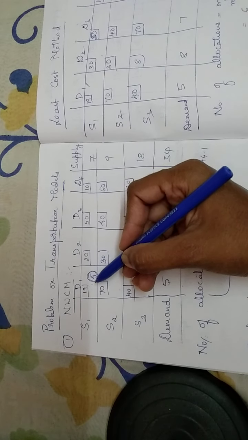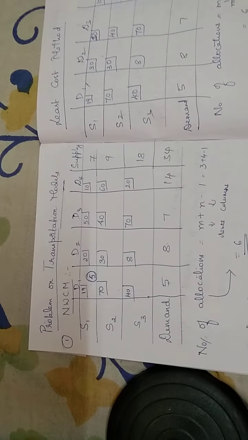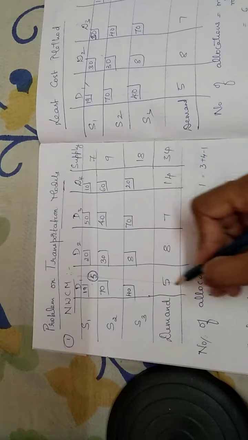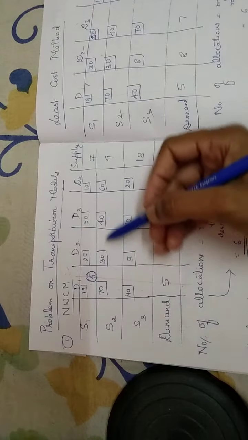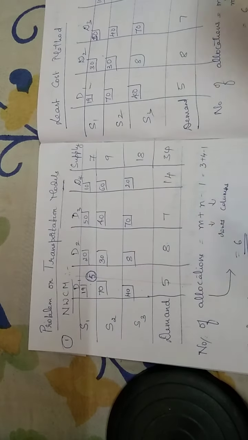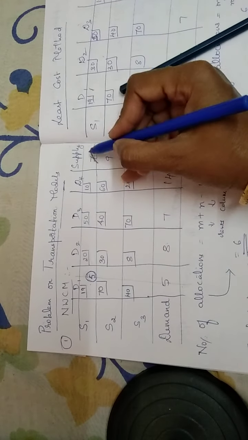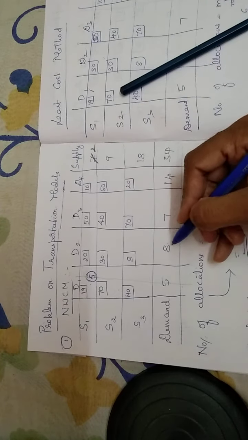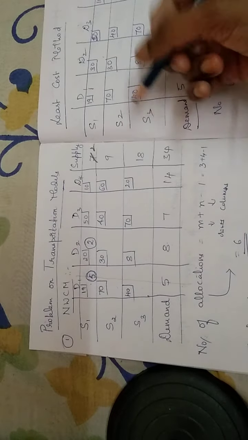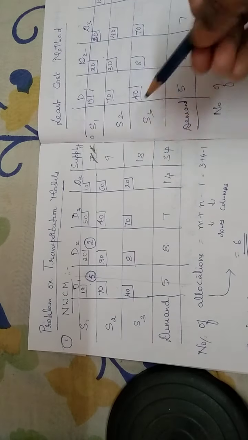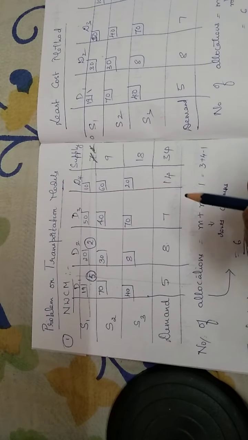Whenever we make the allocation, we encircle it, right? So now this we are done with, and we cannot make any more allocations here. I'm just striking it off with a pencil. Now let us go to the next one. Here I am left with two units of supply. Going by this, I compare the supply with the demand. The least value is 2. So I make the allocation as 2 and this is cancelled again. So we are reduced to 0, and we cannot make any more allocations to this particular row now.